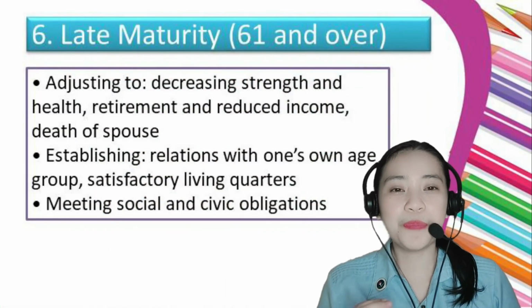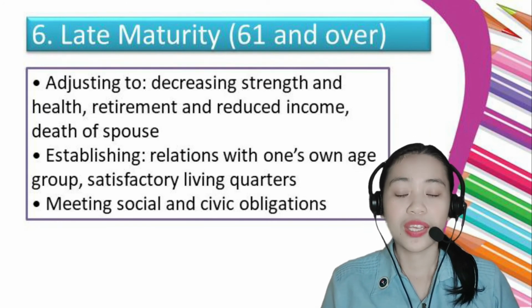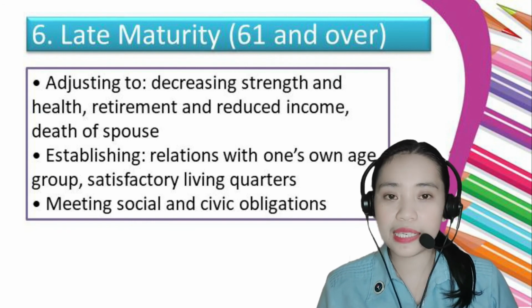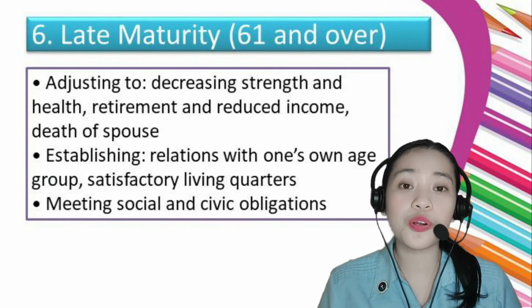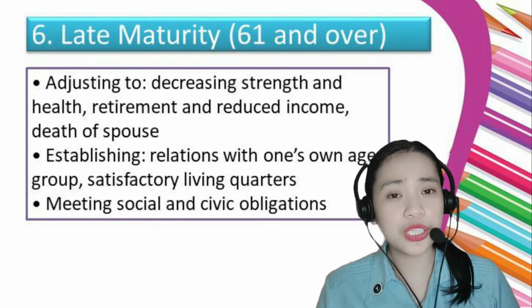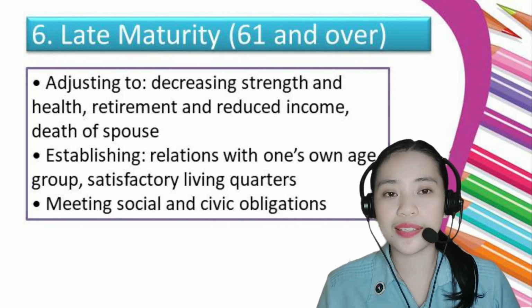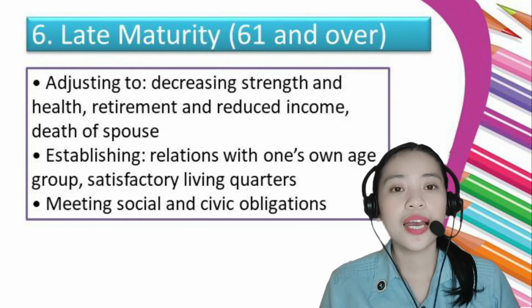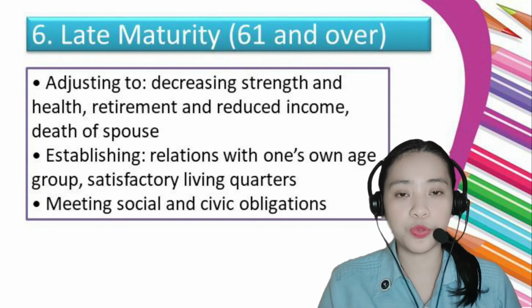In this stage, people encounter a decreasing level of strength and personal health. Retirement activities become a priority, with many needing to adjust to a lower level of monthly income. Some may eventually need to cope with the death of a partner or spouse. There is a priority during this stage to join specific affiliations that are associated with age. Changing civil and social obligations occur as there is a greater need to accept the help of a caregiver as time moves on.